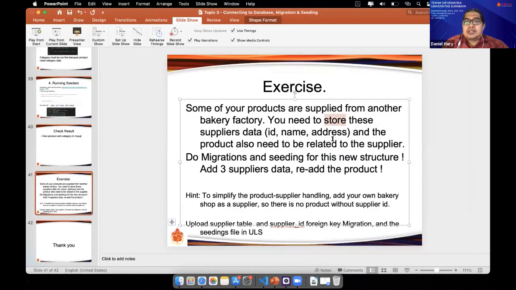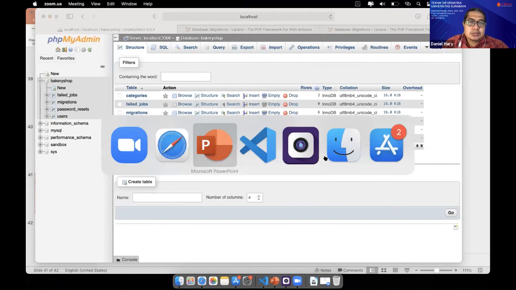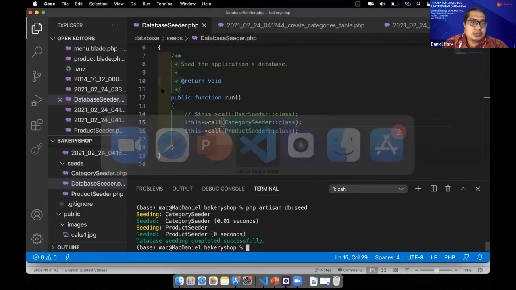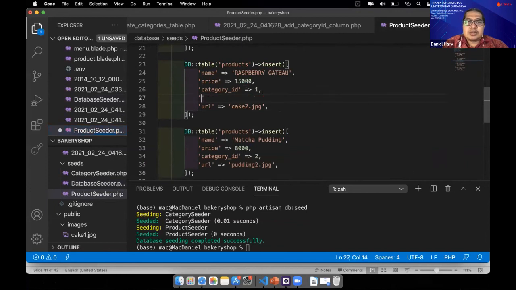So you have to create two migration files, and then maybe you have to restructure your product seeder, this one, because you should create a supplier ID here.